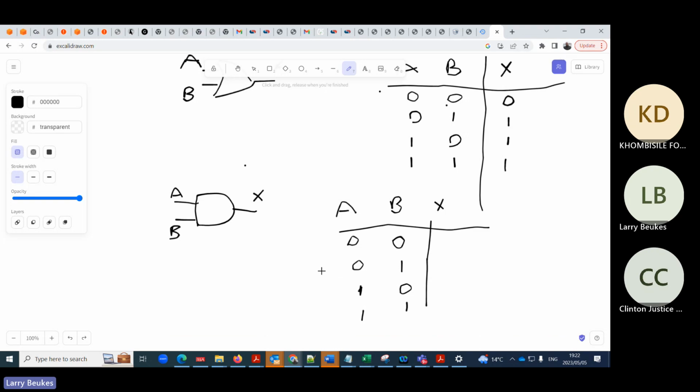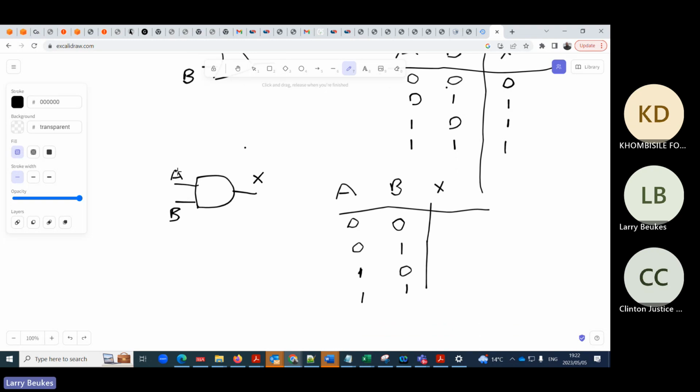So in an AND gate, if this input is 0 and this input is 0, the output